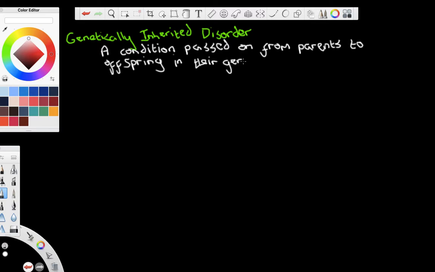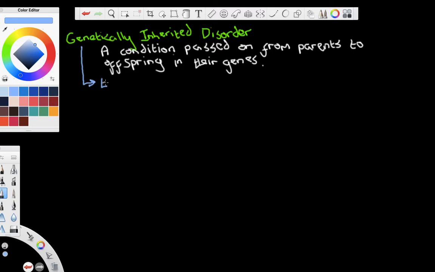Now, sadly, if you have a genetic disorder, it is very difficult to treat these sort of things. Your genes determine, as we've seen in previous lessons, what your body has and what it can and can't do. If you have a particular gene for a particular disorder or for a particular illness, then sadly you're kind of stuck with it. Okay. Now, examples of genetically inherited diseases include,